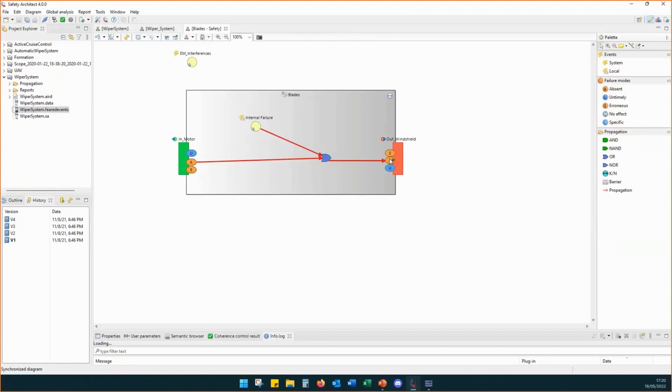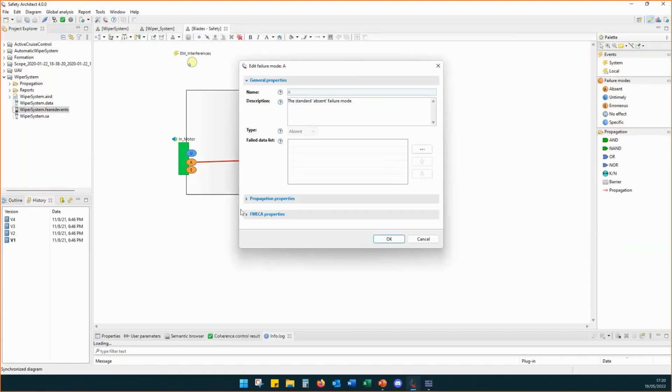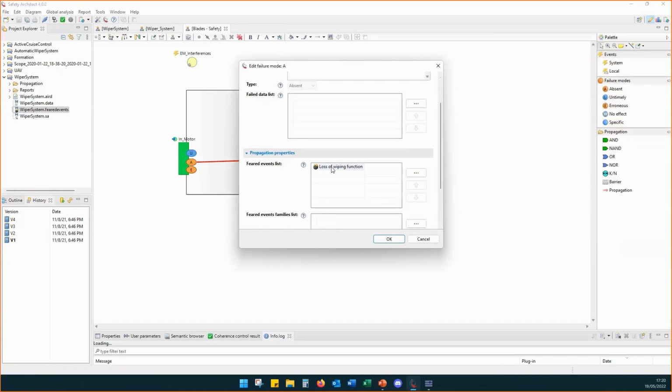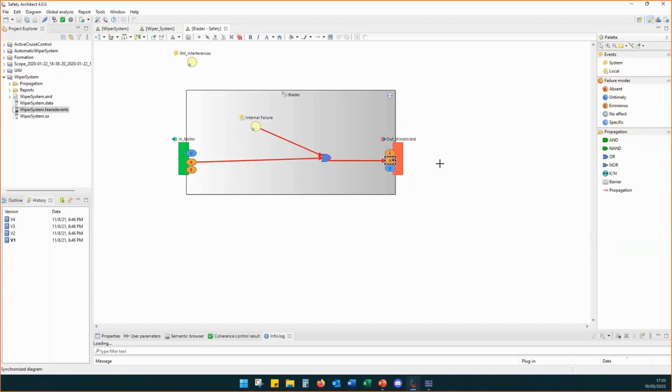And on the failure mode, for some failure modes, we can also allocate a feared event or hazard. That's why here we see the feared event logo, because the feared event that we created in the .feared event file is allocated on this failure mode.